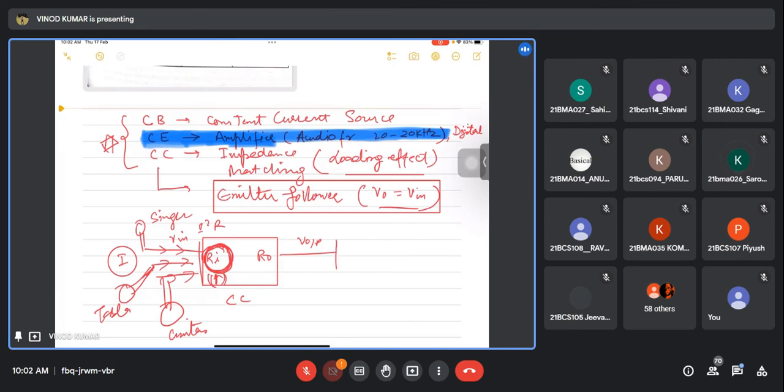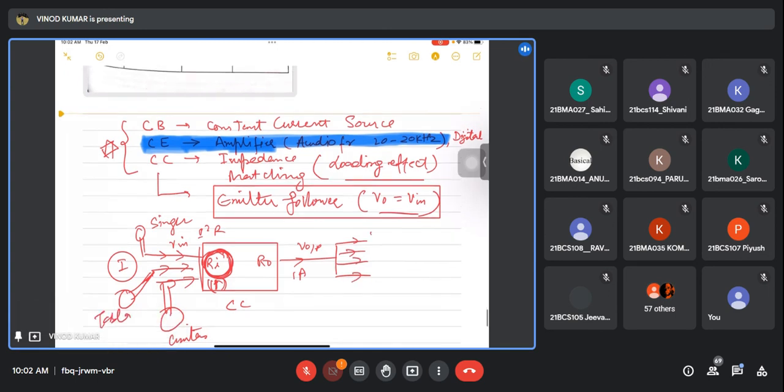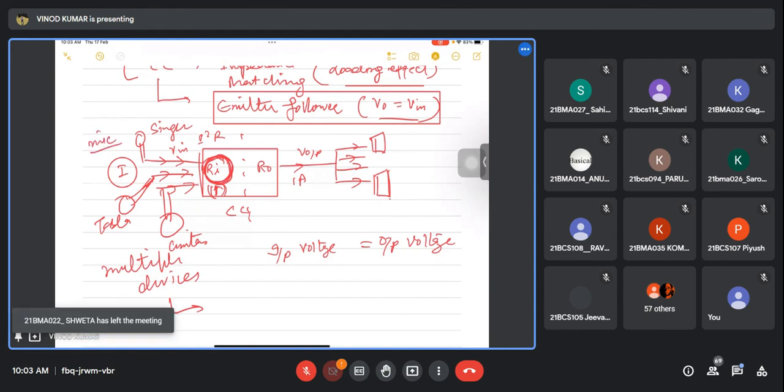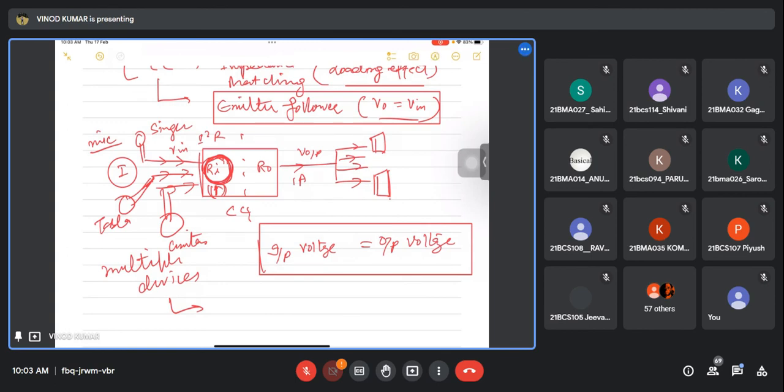ओके, और आउटपुट रेजिस्टेंस है, तो मान लो यहाँ 1 एम्पियर करंट आ रहा है, तो ये डिफरेंट डिवाइसेस को दे सकते हैं, उसकी अपनी एक रेजिस्टेंस, डिफरेंट स्पीकर्स यहाँ पे लग गए, तो वो लोडिंग कम रहती है इसकी। सो दिस इज फॉर, क्योंकि इनपुट वोल्टेज इज इक्वल टू आउटपुट वोल्टेज हियर, बट ओनली अगेन इज दैट वी कैन यूज मल्टीपल डिवाइसेस। कर सकते हैं कि Yes, sir. हाँ, बहुत सारे नंबर ऑफ दिस माइक्रोफोन्स, स्पीकर्स, स्पीकर तो नहीं बोलेंगे इसको, माइक बोलेंगे, डिफरेंट माइक्स यू कैन यूज। तो इसका यूज ये है, राइट।